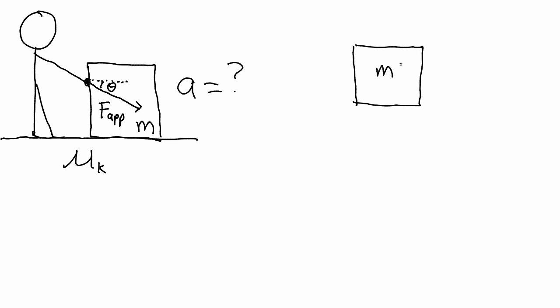And the AP folks want you to put the tail of the arrows on the object. So I'm going to put the tail for this applied force down this way. So there's the applied force. That is at an angle theta from the horizontal. This is F applied, F app. What are the forces? Well, if it's on the ground, that means we're going to have a normal force up like this. We've got the force of gravity down, mg. We also have the force of kinetic friction, which is going to be this way,